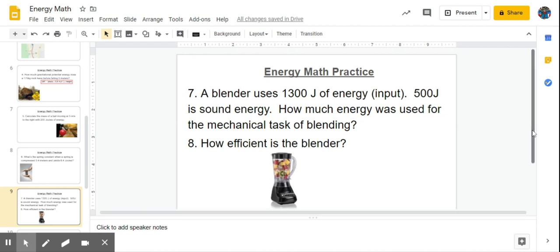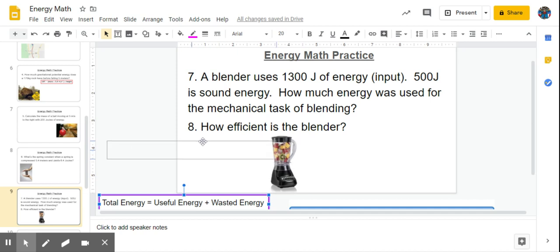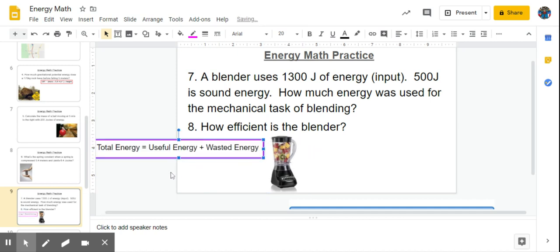I've got something helpful down here. Okay. So let me bring that up here. We know that total energy, in this purple box over here, equals the useful energy plus the wasted energy. And that comes from the law of conservation of energy. So our total energy, or the energy input, was 1,300 joules right there. So 1,300